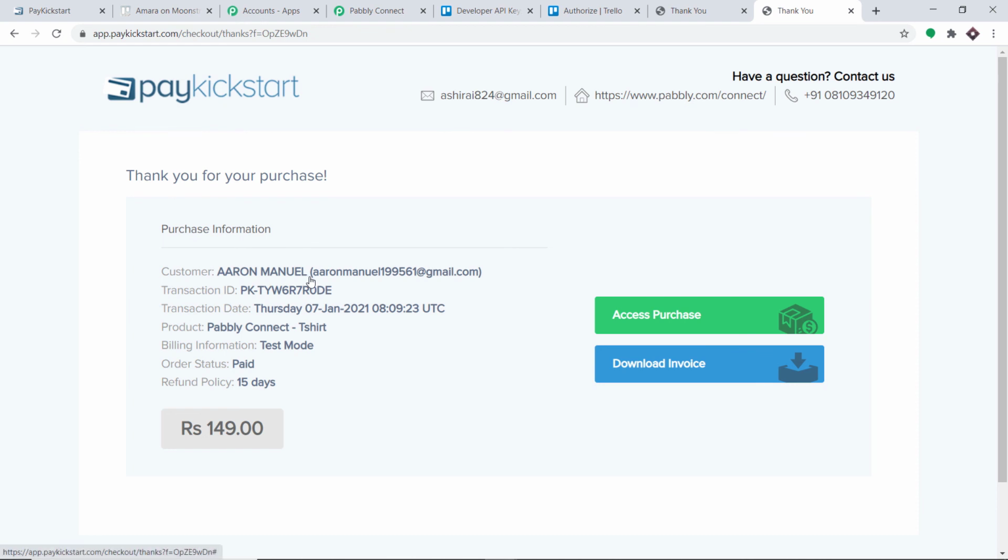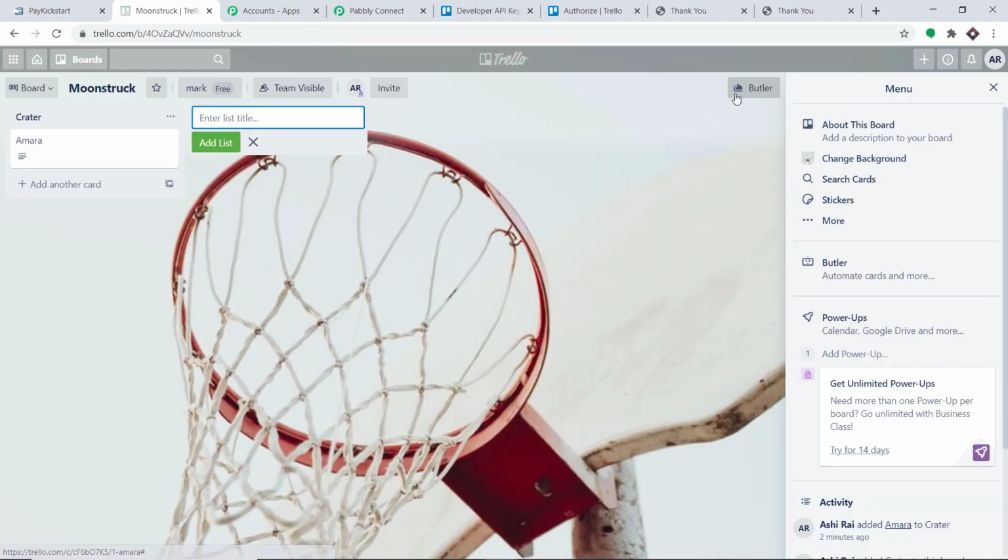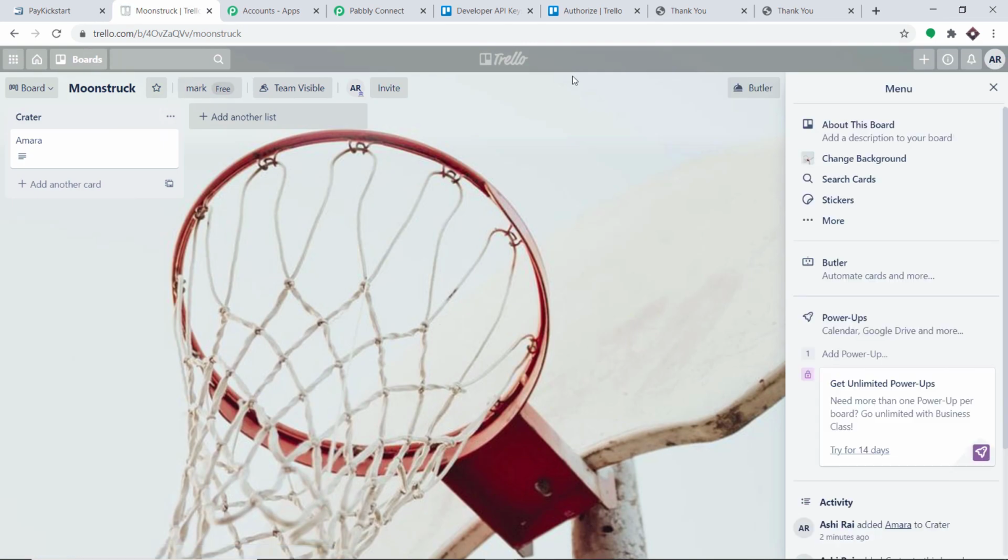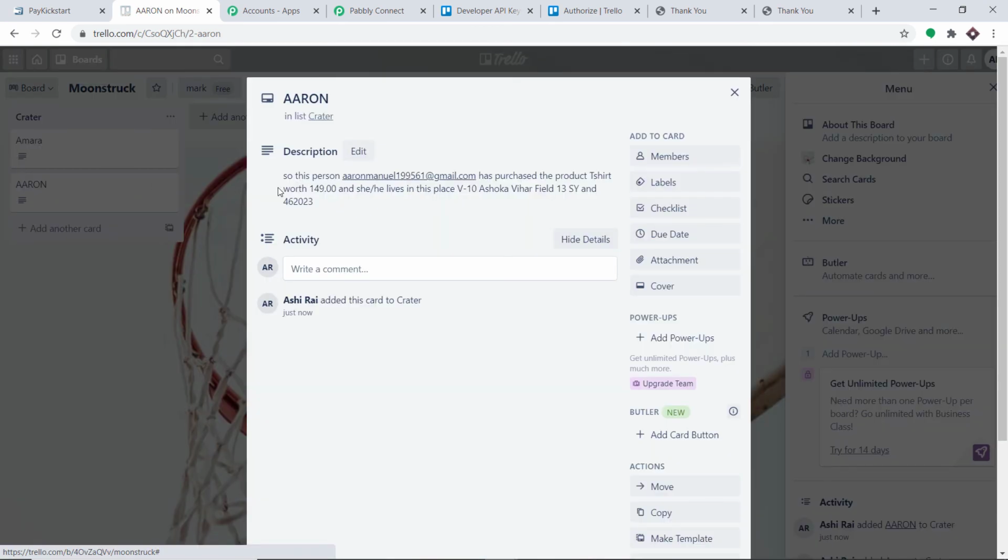So let's have a look in Trello whether we have a card related to this person. Let me close this and refresh this. Yes, as you can see, we have a card called Aaron. Let's expand this card. This is the description. So this person,